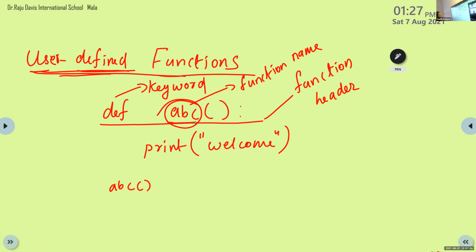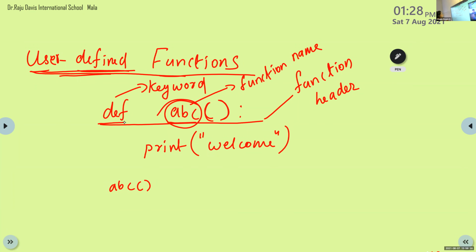Then after the function name you use function brackets. This is the function brackets. After that, one colon. So the first line of the function definition is known as function header. In this function header, the first word is def, the keyword used to define the function.